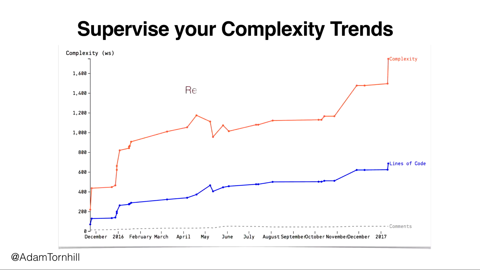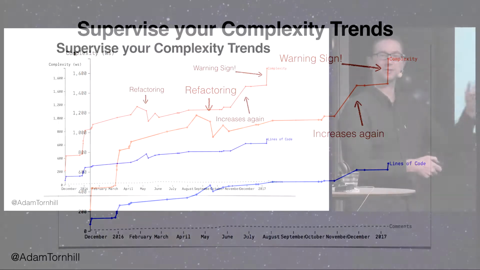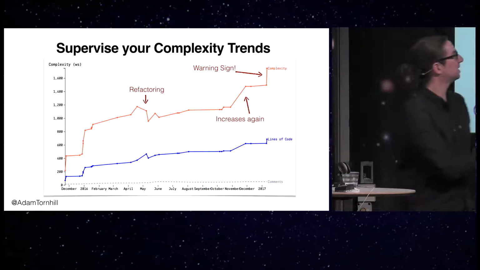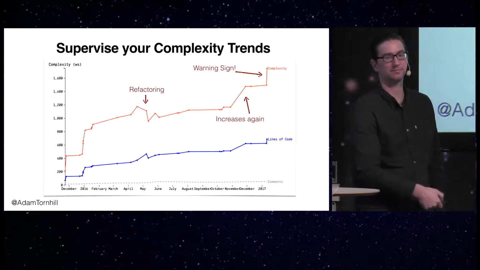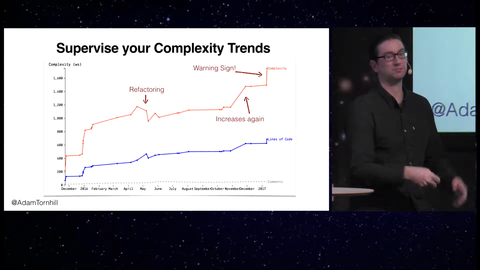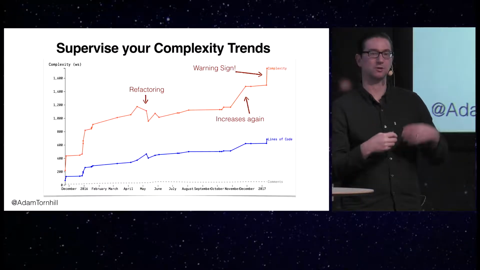So in this example, this was a piece of code I actually worked on myself. So what this story tells us is that here, somewhere in 2016, we did some kind of refactoring. So we actually managed to reduce the complexity. So you see, you can actually measure improvements too. That's good. But somehow we failed to address the real problem. So pretty soon the complexity starts creeping back in again. And here in early 2017, we have a very steep increase. And that's always a warning sign that we might have to take a step back and actually look at the code.